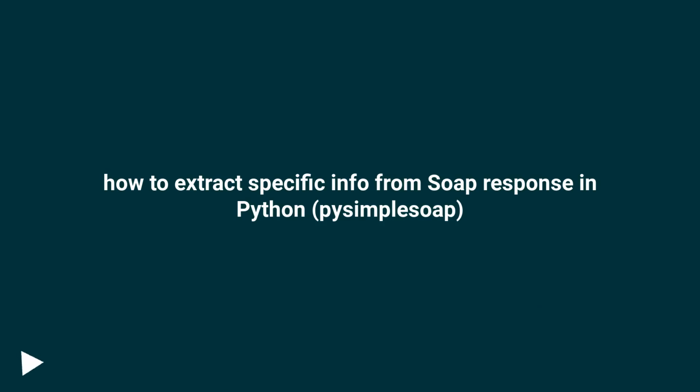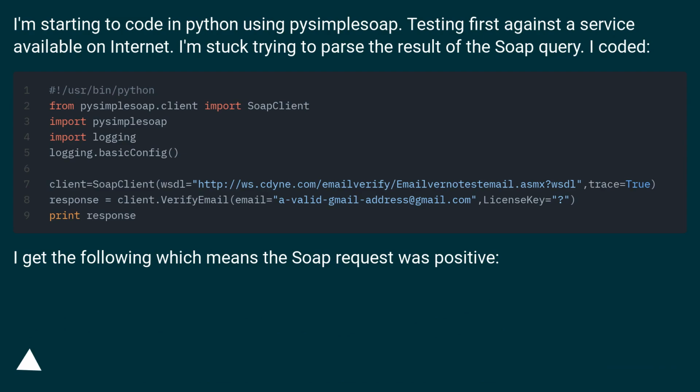How to extract specific info from a SOAP response in Python, using pysimplesoap. I'm starting to code in Python using pysimplesoap, testing first against a service available on the internet. I'm stuck trying to parse the result of the SOAP query. I coded: